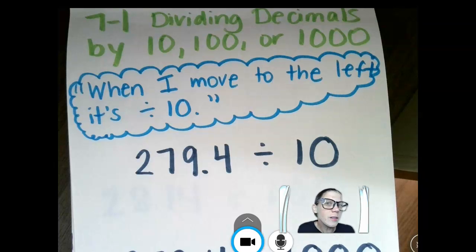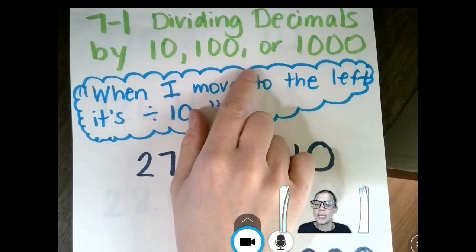So we have already learned how to add and subtract decimals. In our last topic, you learned how to multiply decimals. So the last thing left is to learn how to divide decimals. So topic 7-1 is where we're going to start, and this topic has to do with dividing decimals by 10,